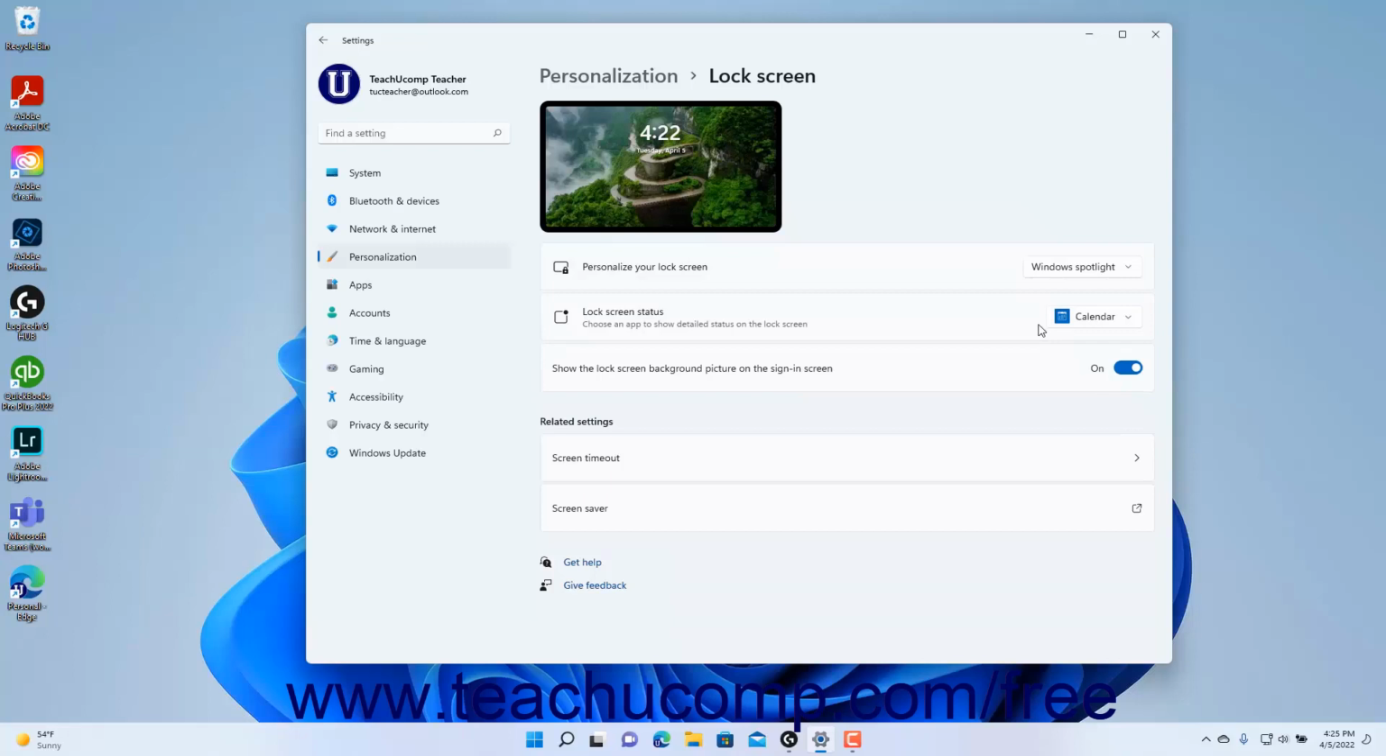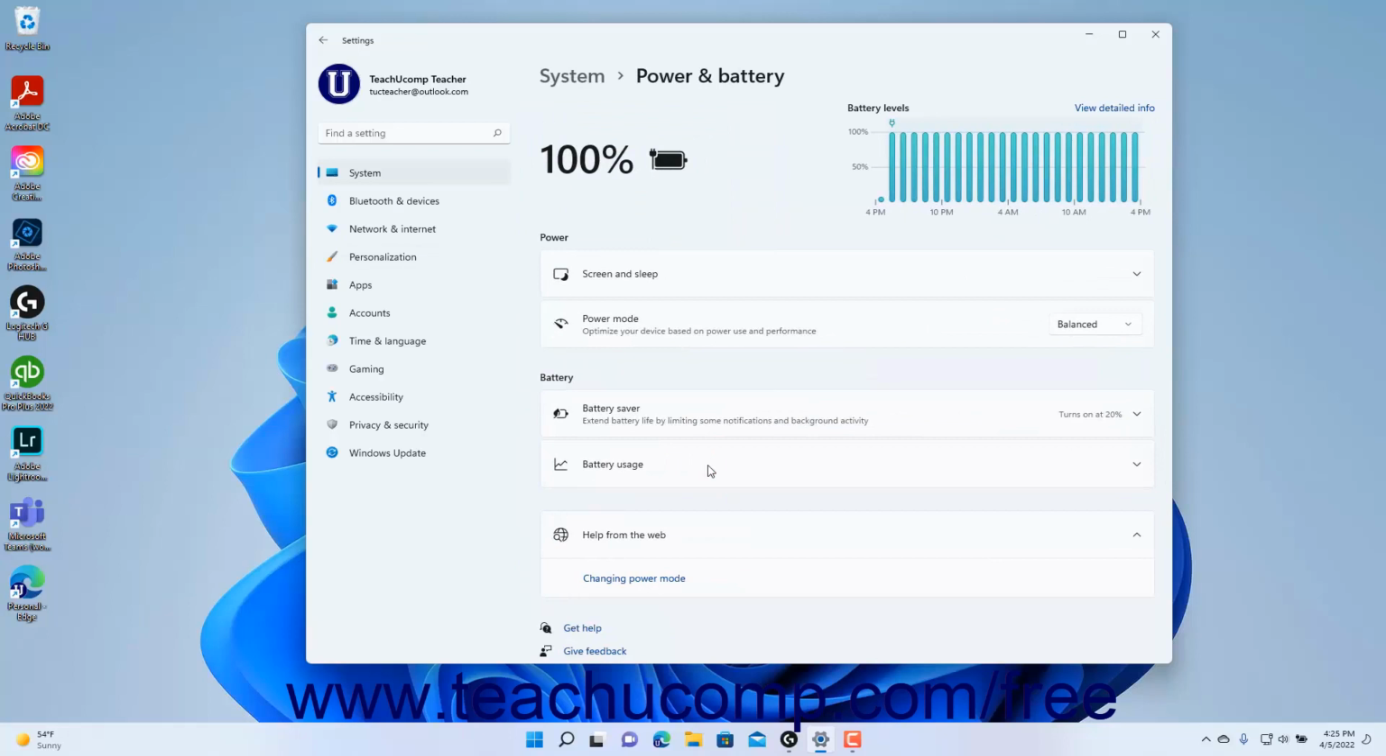For all lock screen content choices, to show details from a selected app on the lock screen in Windows 11, select the name of the desired app from the Lock Screen Status Settings dropdown. To show or hide the lock screen picture on the sign-in screen, click the Show the Lock Screen Background Picture on the Sign-in Screen Settings toggle switch to set it to either the on or off position as desired. If you click the Screen Timeout Setting button under the Related Settings section, you will see the power and battery settings and the system settings as previously discussed. To return to the lock screen settings, click the back arrow button in the upper left corner of the Settings